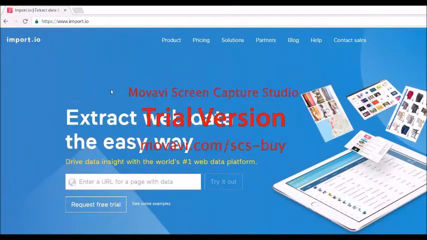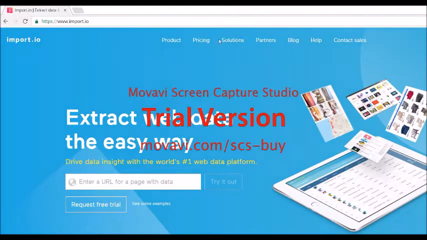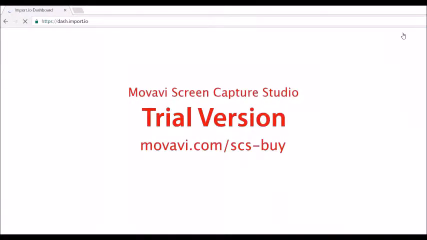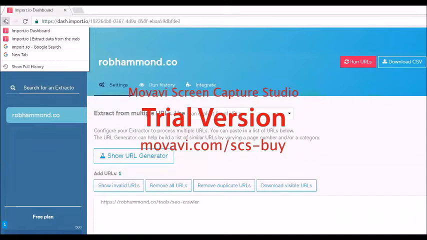So right off the bat, we have again our search bar. Nothing varies. Pretty much the search bar is normally centered or located around the center. We have the services that they offer us, so product pricing, solutions, partners, blog, help, and contact sales. We have a dashboard, which if we go on right now, will just let you see other URLs and pretty much generally the contacts and everything that the site has to